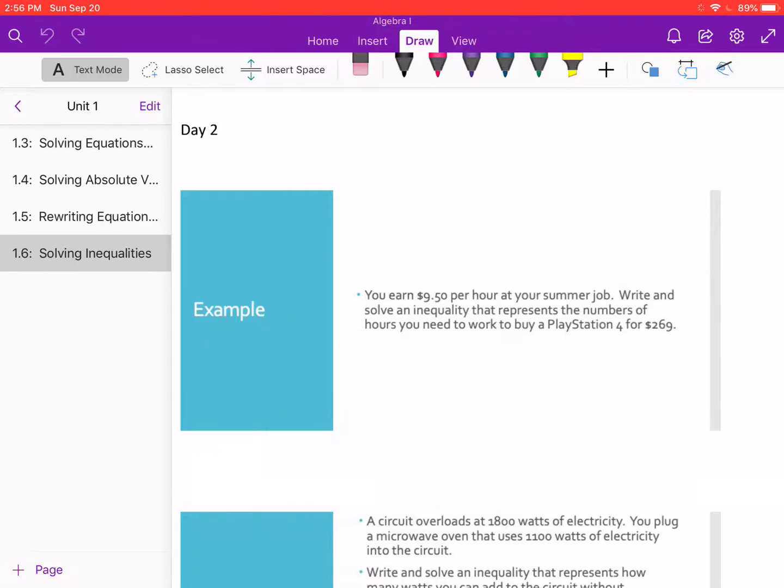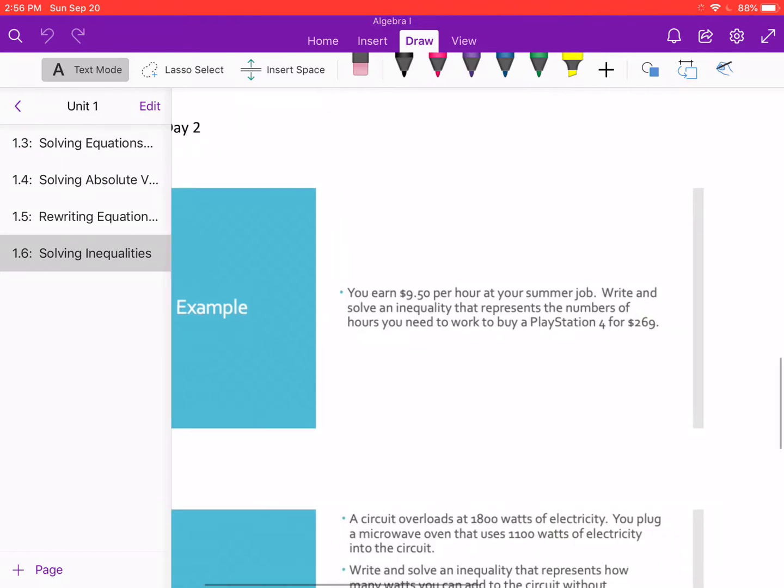This is section 1.6, Solving Inequalities, day 2. In the last lesson we learned about solving inequalities, and now it's basically the same as solving equations, except there's a little tweak with multiplication and division, and now we have to graph our answer. So today let's look at a couple of